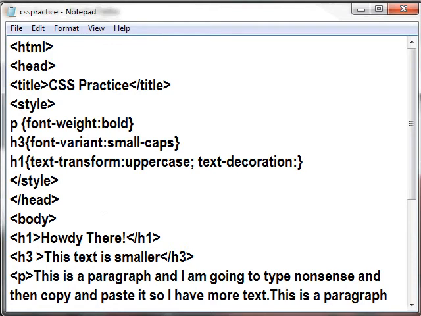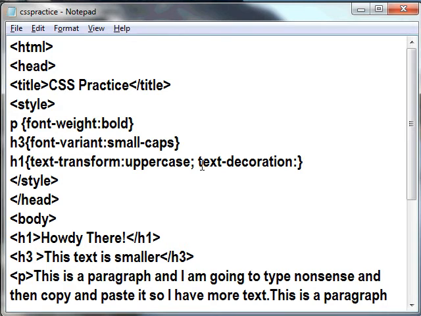And some of the values that we can give to text decoration include underline, overline, line through, blink, and none. And I'm going to talk about a couple of these real quick. You need to be careful when you use underline because people see underlining on a web page and they automatically think link. So right now what we're going to do is add an underline to our H1. And it's not the best idea because people might think it's a link, try to click on it, and nothing's going to happen. Overline,